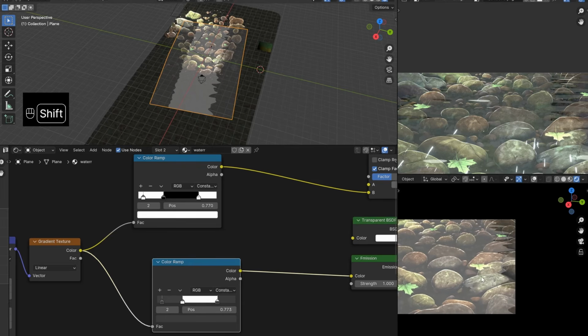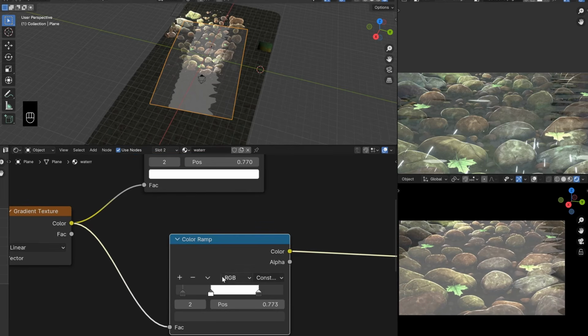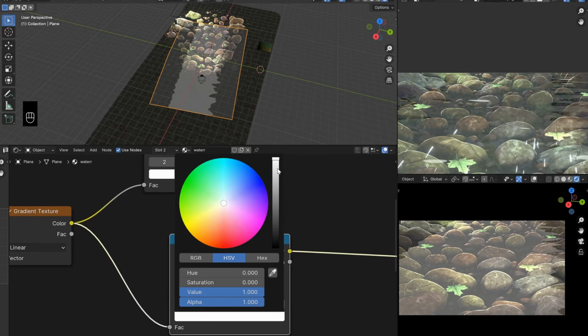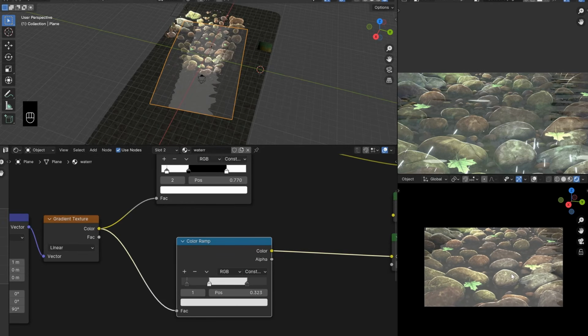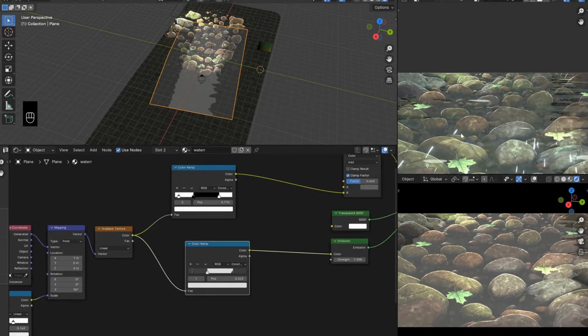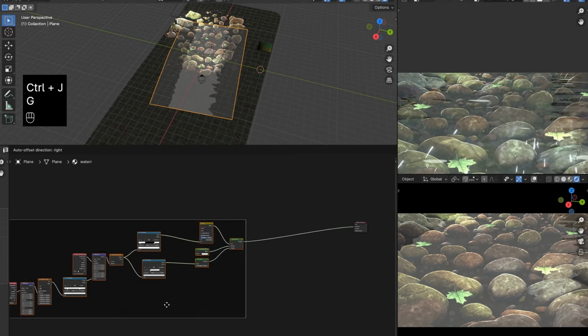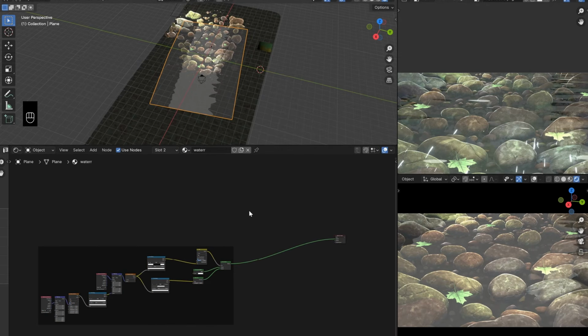Alright, there we go. Now the center maybe can be a bit darker, so we are going to change the color a little bit, and later on we can add some color to that. Okay, so now this is the first part of our texture. We have the side ripples and we have the center ripples. Now let's Control J this collection, move it to the side,